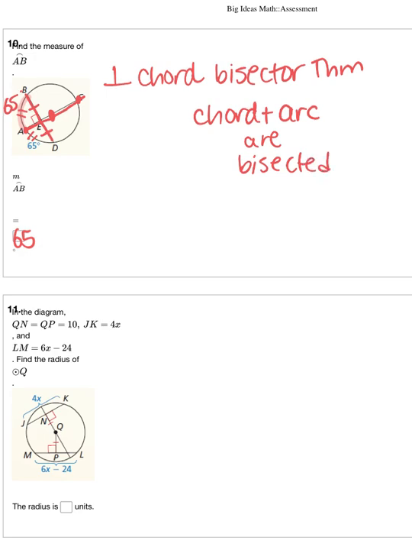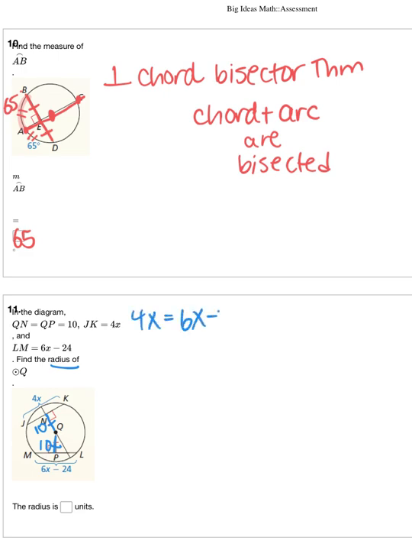On the next one, QN and QP are both equal to 10. We can see those are marked equal. So that's this segment and this one. JK is 4x, that's already marked, and LM is 6x minus 24, that one's marked too. Find the radius. So this is one of those where we're going to have to draw the radius in. So we'll solve for x first by setting these